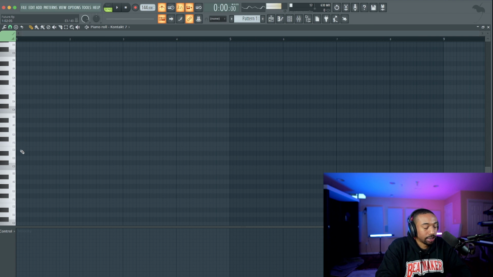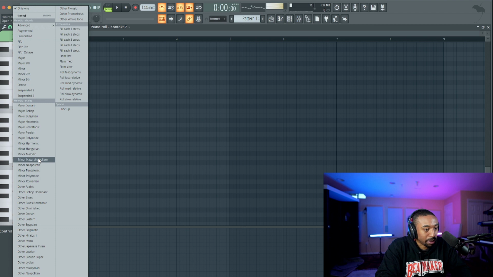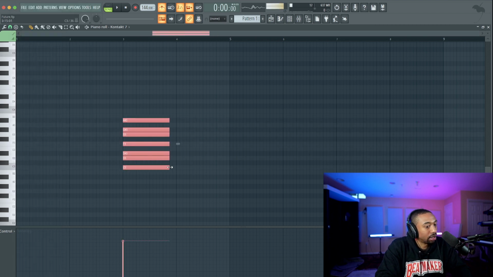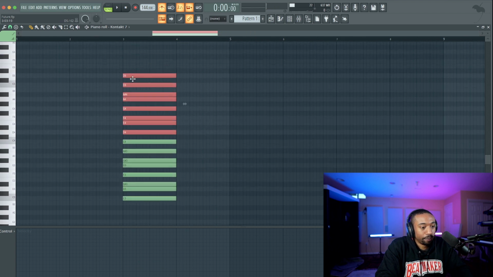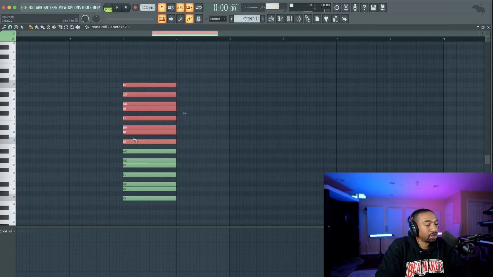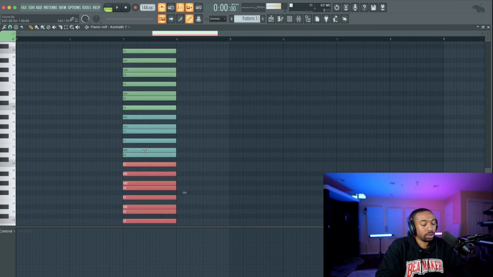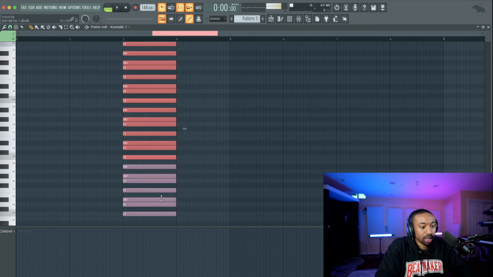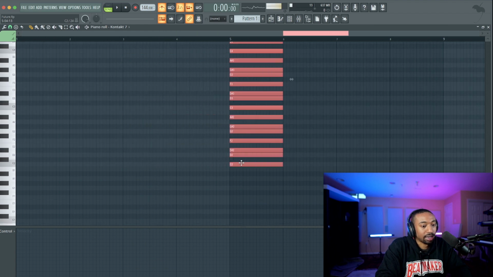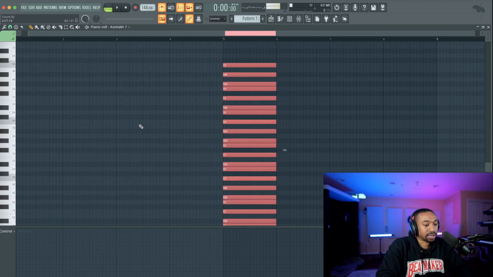Let's start in the key of C minor. If you don't know C minor, just go to your stamps. We're going to switch this to minor natural and have it lay over top of C. Just turn the volume down. We're going to add C on top so that we can copy and paste this easily. So I'm going to copy this whole thing, hit Control, Shift, and just copy and paste it like that, making sure the bottom and top note are C. Also, you can hit Control down and Control up to move stuff up and down an octave. This will keep a nice reference to the side in case we need to quickly reference the scale for any reason. But all notes, you can use all notes.